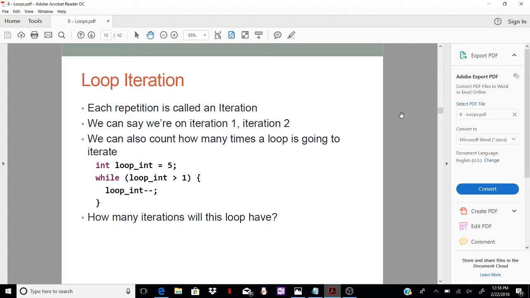Yeah. So we're going to talk about that. Well, I guess I'll talk about it now. So you go up or down. If you start at 0 and you go less than a number, then you loop that many times. Or if you start at 1 and you go less than or equal to a number, you also loop that many times. So if I start at 1, just assuming that I'm incrementing by 1,